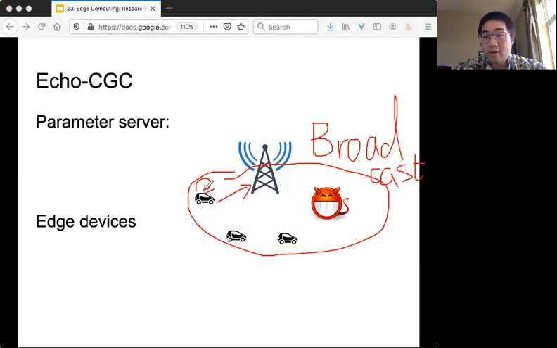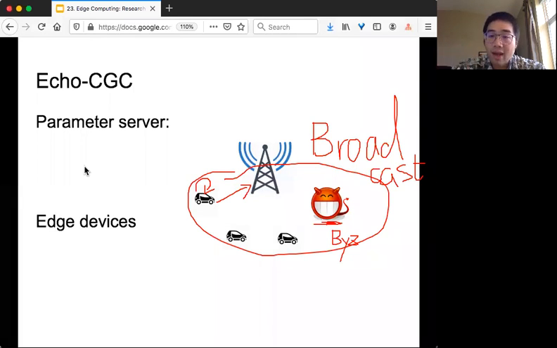The edge device only does training, but the new thing that we focus on is that some of the edge devices might be malicious. We call it Byzantine behavior, meaning that they can use bogus data to train, or they can lie. In this case, what do we need to do?